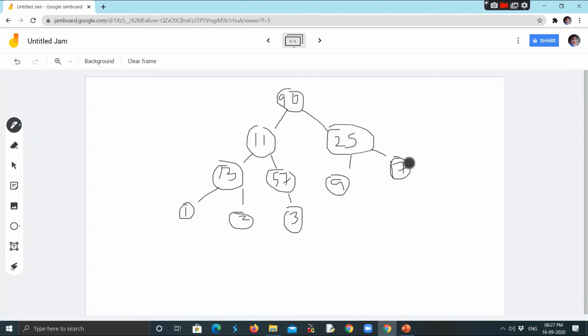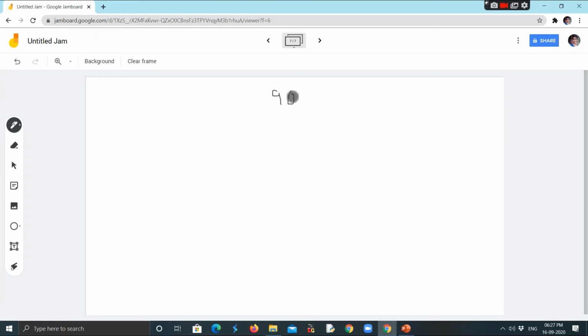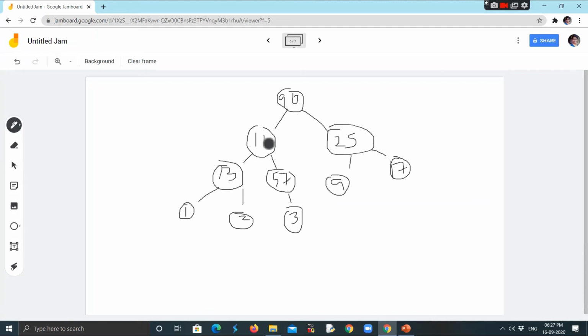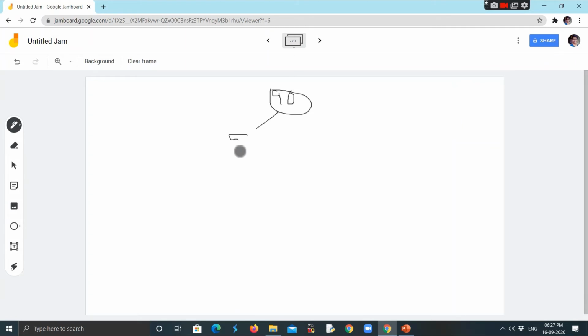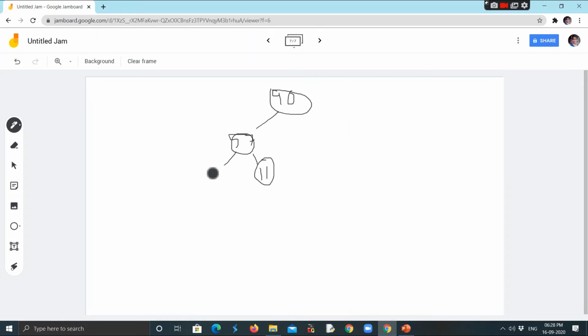Yes. So now you can see that 13 has reached its value, but still 57 is there at this position. So we need to interchange it. So that is exactly what we'll do in the next step. So in the next step we have 90 over here at the top node, that is the root node. Then we have 57 exchanging with 11 and 11 taking its place. So 57 over here. Then we have 11. Then we have 13 as it is, that is, the remaining elements remain as connectivity.